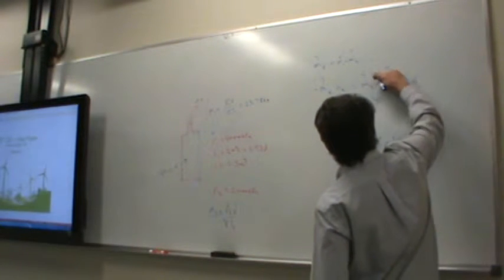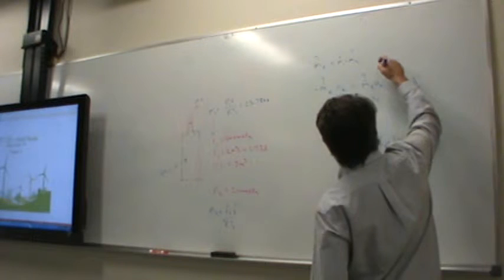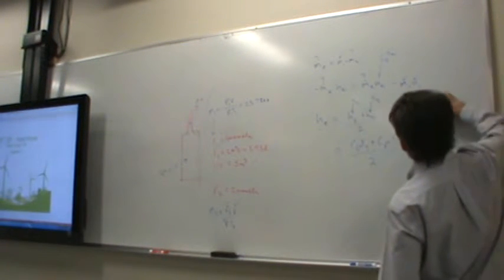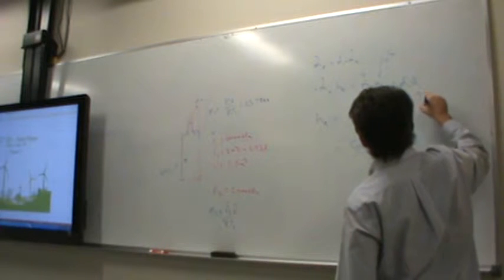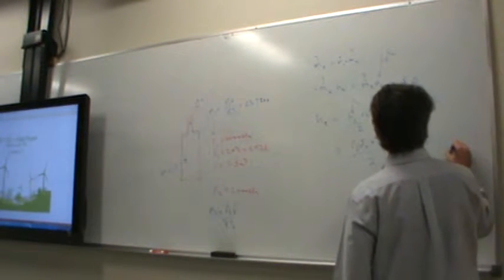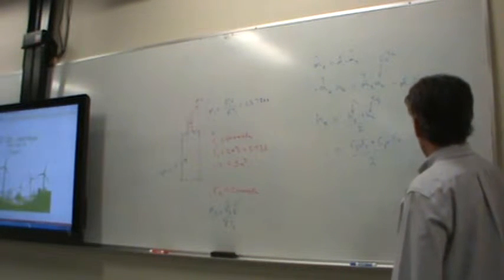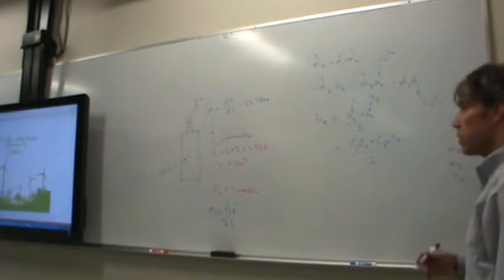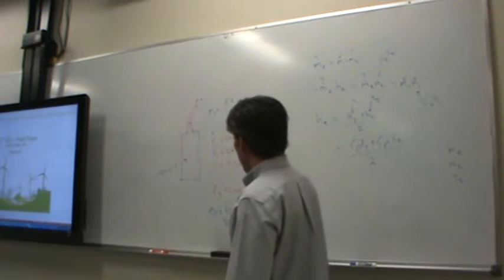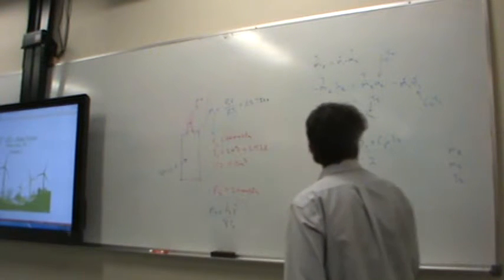And we could work on this one by saying this is going to be a C_V T2. We've got to come up with something here as well, so we'll use C_V T1 since T1 is known, and that's not so bad. Notice the unknowns kind of changed then, right? We have mass that exits as an unknown. We have the mass in state 2 as an unknown, but the only other unknown is the temperature in state 2. Now we have 3 equations, 3 unknowns, because we've got a relationship between